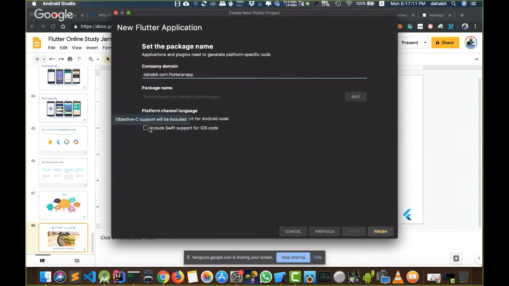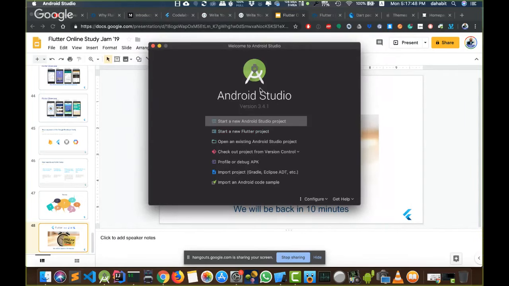And here there is a very important option which asks if you will use native languages in your application. You prefer to use Kotlin for Android and Swift for iOS instead of Objective-C. So it's better to keep it marked using Kotlin and Swift because they're the newer ones and have better support. And here you write your application package name, just press finish, and you will continue with your application. This is the first way of creating your application.